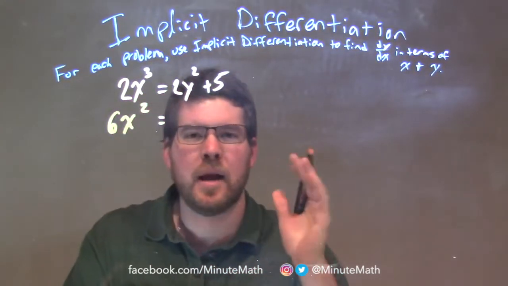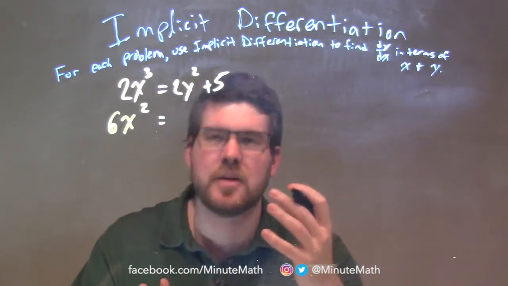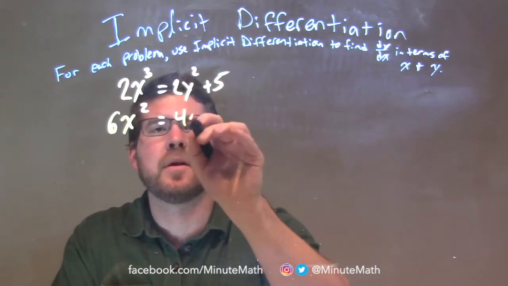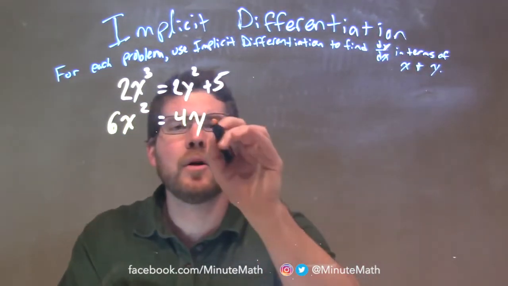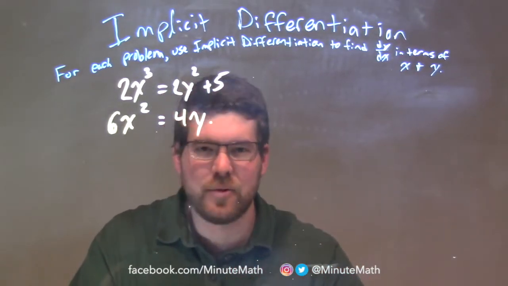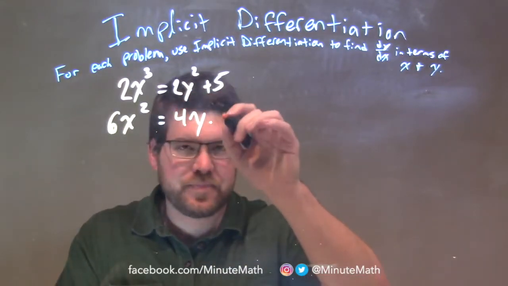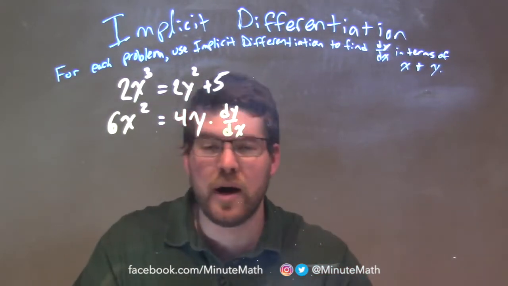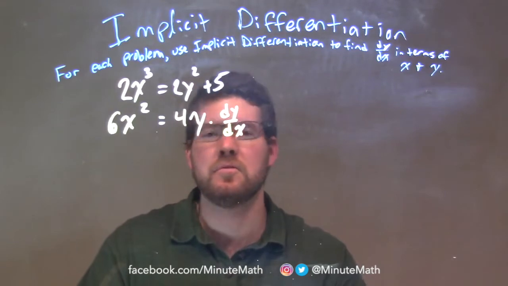But on the right-hand side, I'm going to do the same thing with y for the beginning part. But think about a chain rule here. 2 times 2, power goes down, 2 times 2 is 4. Y, we subtract the exponent by 1, so y to the first power. But now we want to multiply by the derivative of the inside part, that y. It's kind of like where the chain rule is similar there. The derivative of y is dy/dx, right? Y is a function, so we're deriving that with respect to x, and so it's some new function,